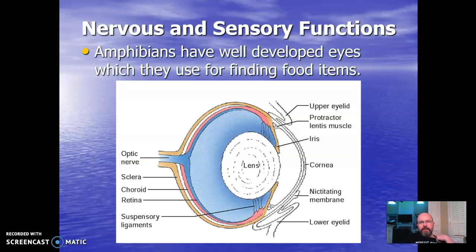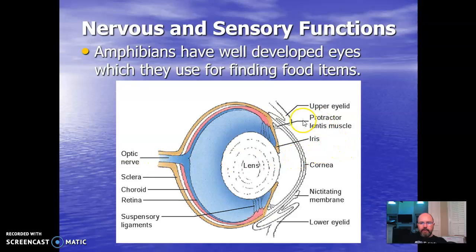Amphibians have well-developed eyes that they use for finding food items. So now, moving out onto land, there's an increase in dependence on eyes for hunting, for avoiding predators, and as a result, eyes get better adapted to picking up and using that visual information, that light information that's being transmitted. They have a lens in the center part of the eye, optic nerve in the back,